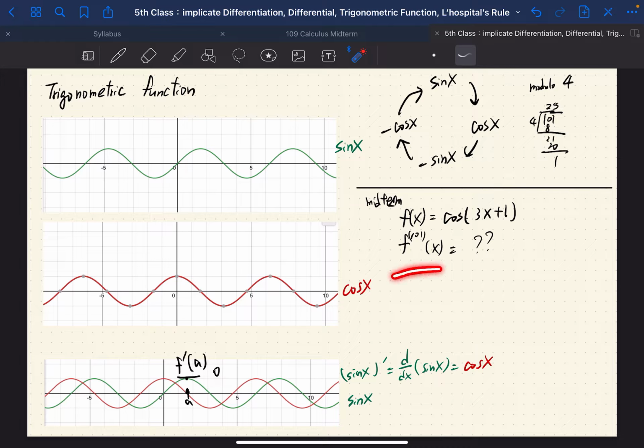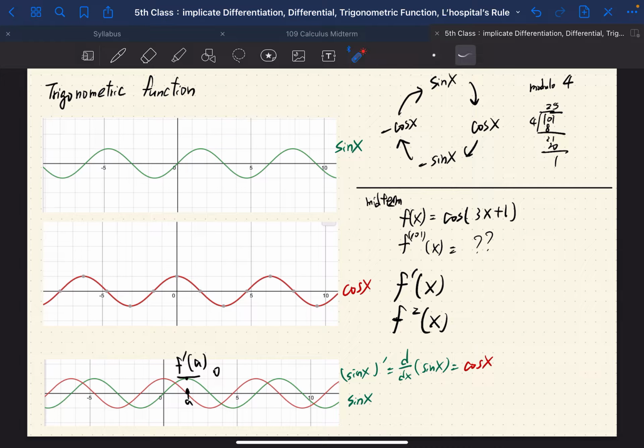It means if we take a derivative of f of x, it looks like this. And if we take another derivative of this, it is